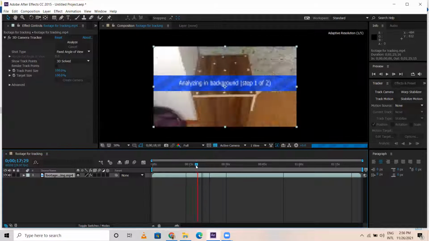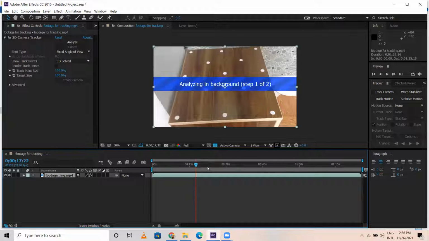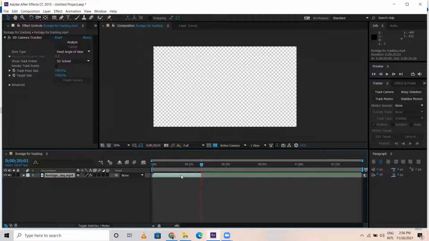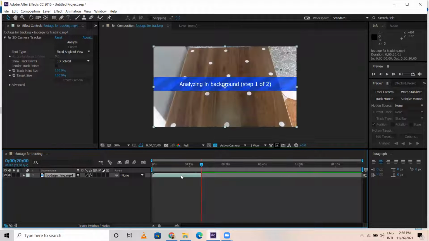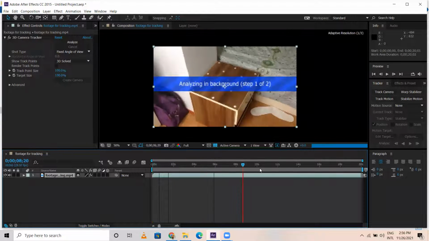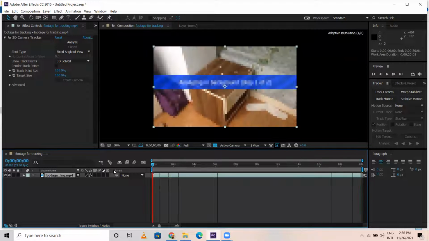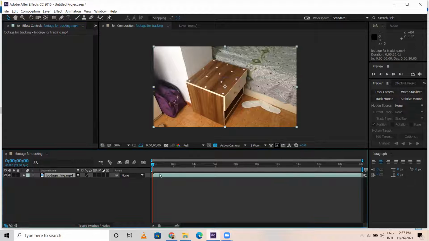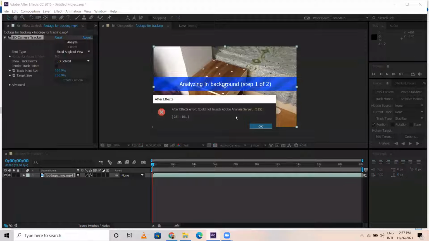Let me have only up to 20 seconds. Control Shift D, I'm going to delete this. Page down and N, trim composition to work area only up to here. I delete this, I select this footage, and track camera.